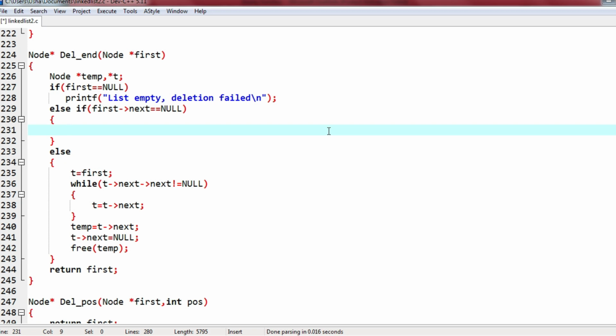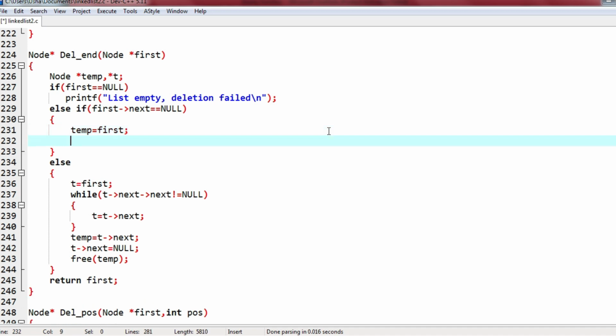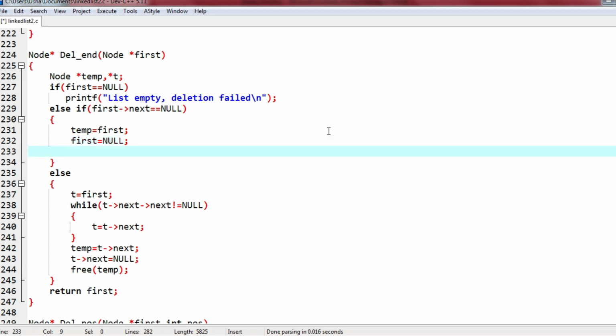Suppose first next equals to null means first is having a address of the first pointer or the first node, and its next pointer itself is null, means we have only one element in the list and that needs to be deleted. So in that case, assign temp is equal to first. Okay, now first you make it null, next you free temp.